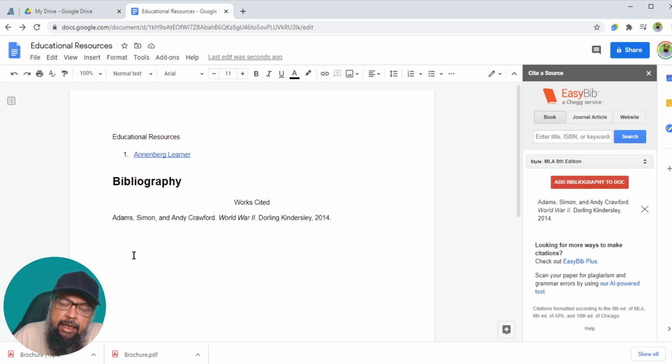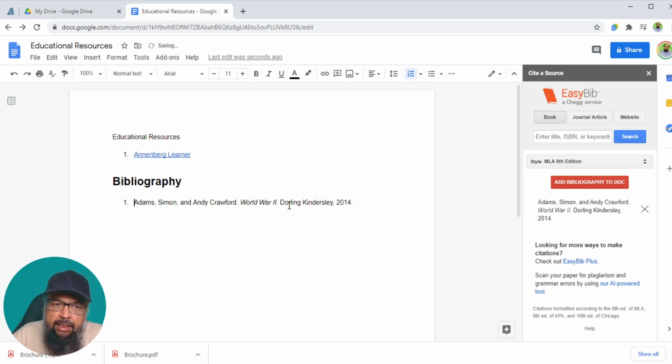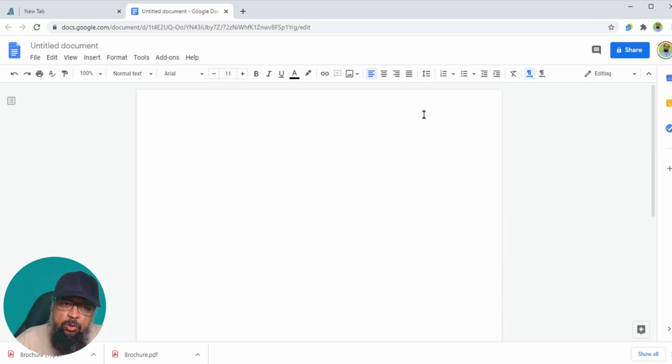And now the reference of this document will be added here, and you can manipulate this a little bit. For example, if you are numbering these references, you can delete this, and now you can arrange your references in this way, and then you can put the next reference and so on. So this is useful when you are writing something in your Google document and you want to cite the work of other researchers. So these were my few tips about Google Drive.